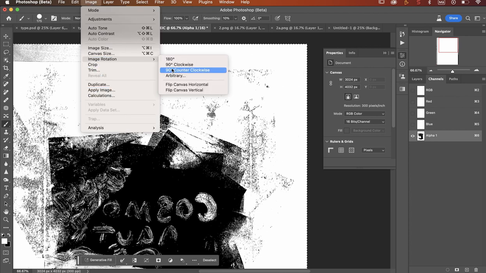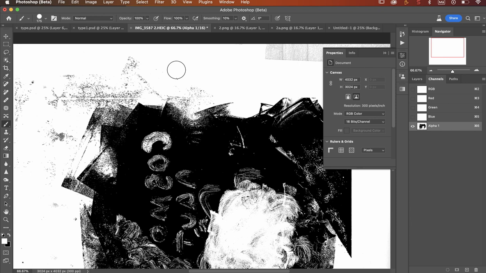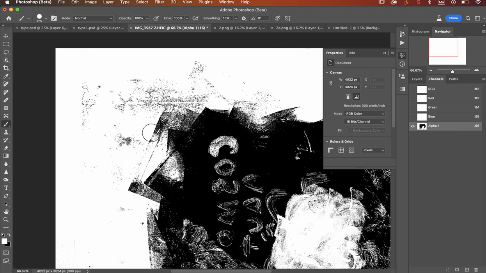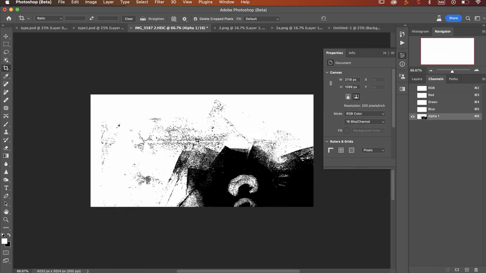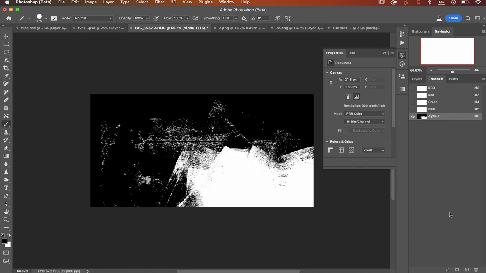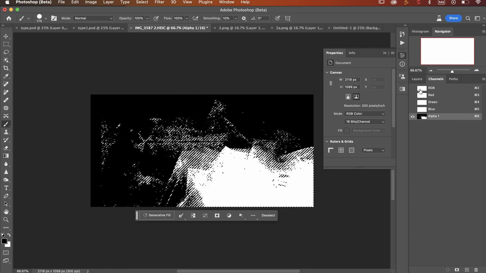Image rotation. 90 degrees, because it's just this corner up here that I want. So I'm going to grab this portion, and same thing, I don't want the lettering on this one, I just want the texture, so I'm just going to paint it out. I'm on my channel, so I go Command I, I'll select it, go to layers,